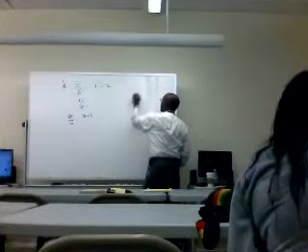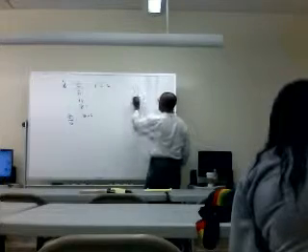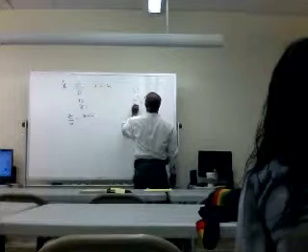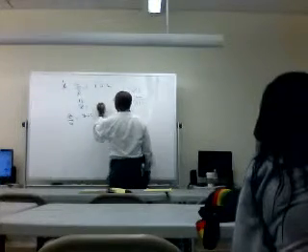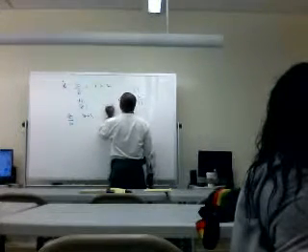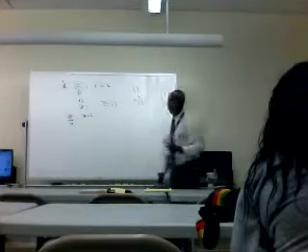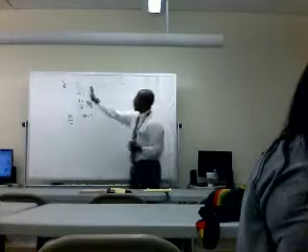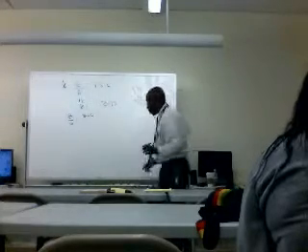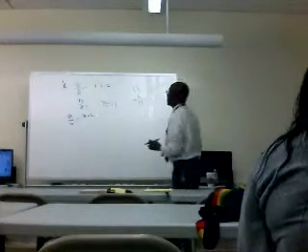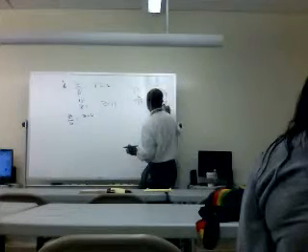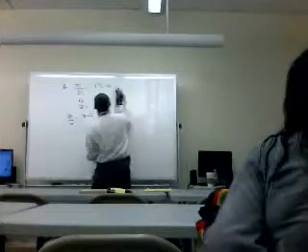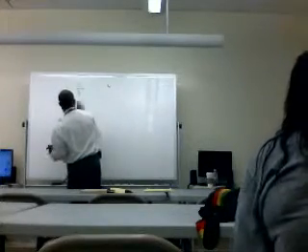13/6 times 6, 6 times 3 is 18, carry your 1, 78. So our z is going to be equal to 78. Okay? So that's how we solve those. All right? So let us talk about a couple more examples now that we have this mastered. Any questions so far? All right? Let's look at